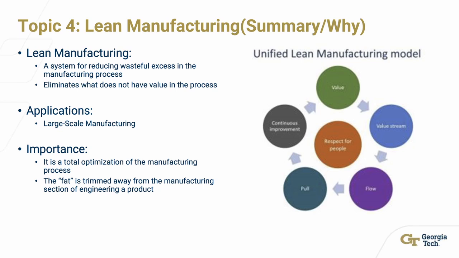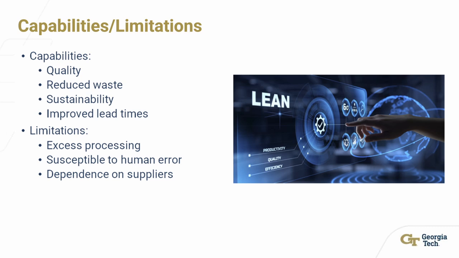Think car factories. This was initially a system founded by Toyota, so this is something where it's really used, especially in assembly line manufacturing. It's very important because it's a total optimization of the manufacturing process. So think of all of that fat and that excess being trimmed away, and you're really left down with the manufacturing process. Your capabilities, quality, improves the quality,